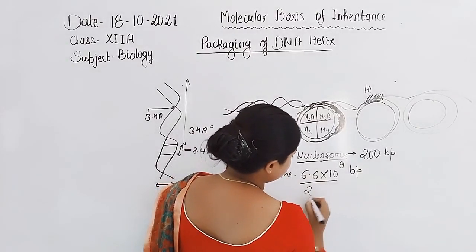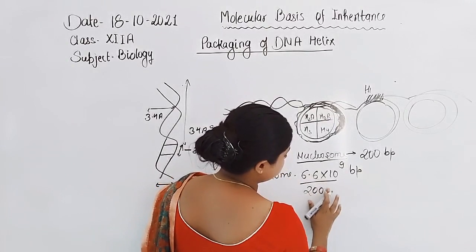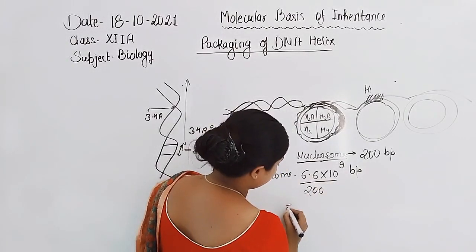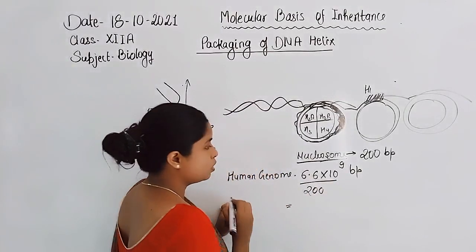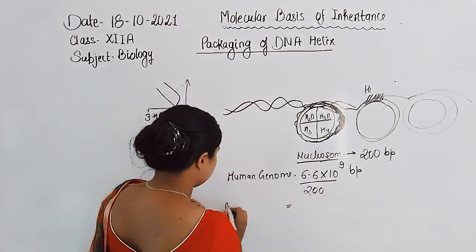So we divide it by 200 base pairs. So overall, the number of nucleosomes in our genetic material